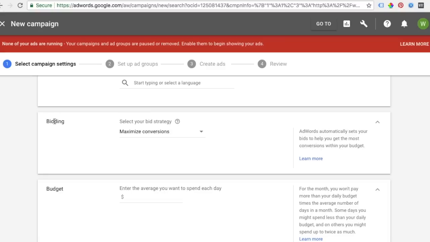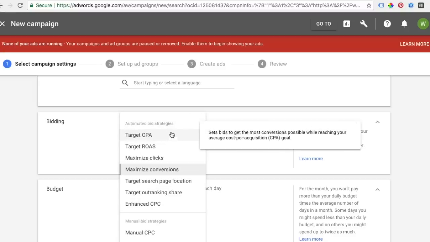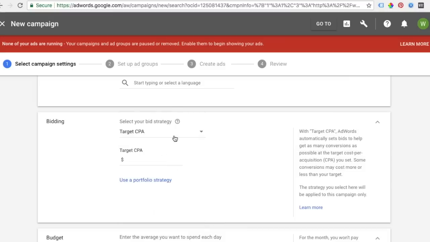We want to get to the point where we're driving over 15 conversions in a 30-day period. So I'm going to say that again, over 15 conversions in a 30-day period. From there, you can get to the target CPA bid strategy. So target CPA is where you can automatically set your bid for how much you're willing to spend for a